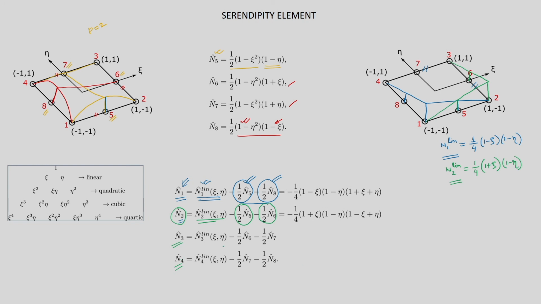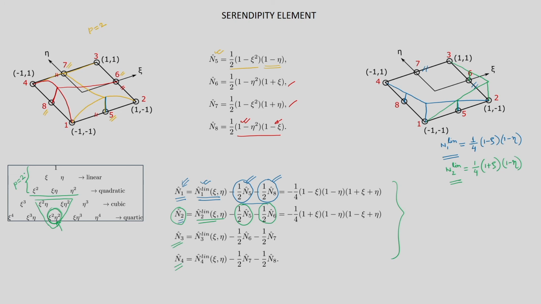Now, if you look at these shape functions, you will see that initially we had certain terms. We said that we had this many terms for p equal to 2. In addition, we had these 3 extra terms. Now, once you construct all the shape functions, you will see that this term will not be present in this element. So, we will be able to avoid the xi square eta square term, but still the completeness condition for p equal to 2 is satisfied.